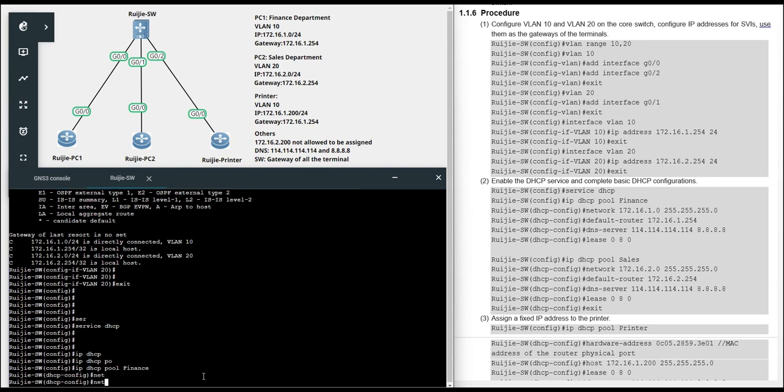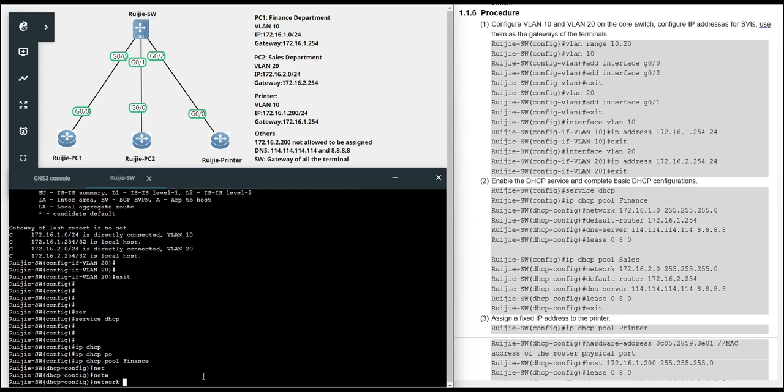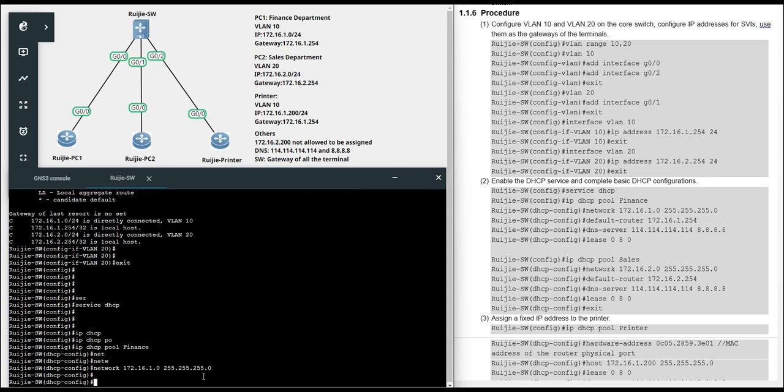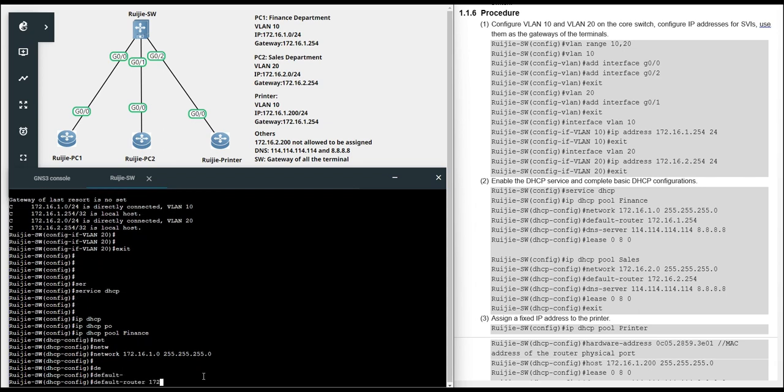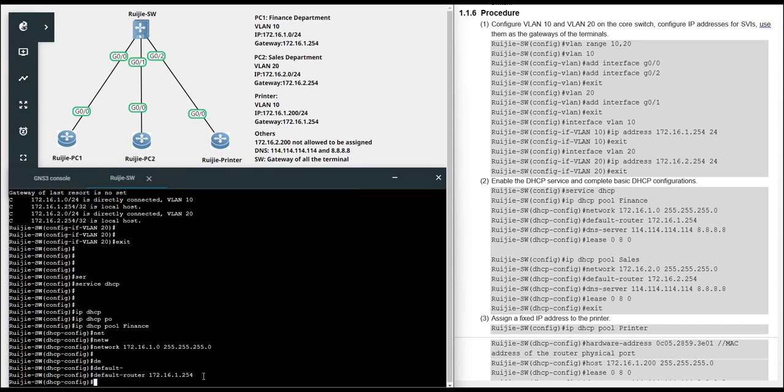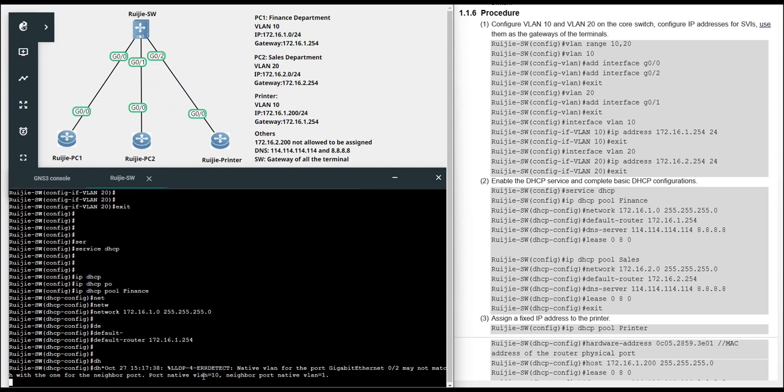For this department, we will assign the IP address segment 172.16.1.0, and the mask is 255.255.255.0. And the gateway, the default router, is 172.16.1.254. And who is your DNS server?